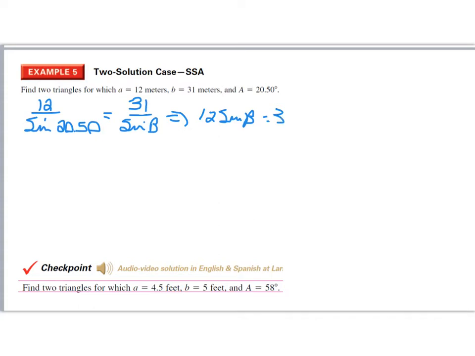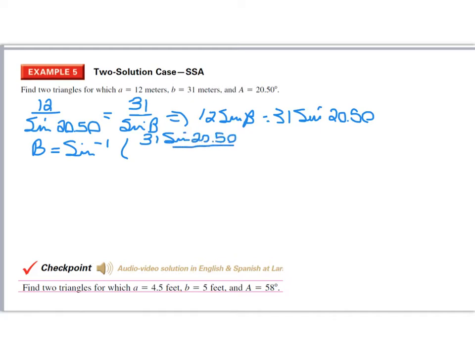So little b, which is 31 sine of 20.50, and therefore if we do the inverse sine, we get B is equal to the inverse sine of 31 sine 20.50 divided by 12. So B is approximately